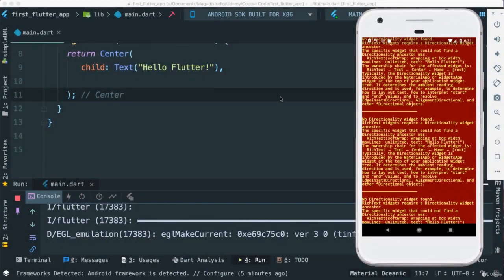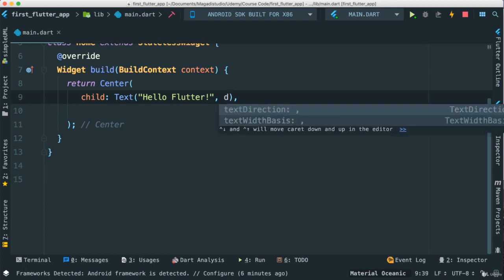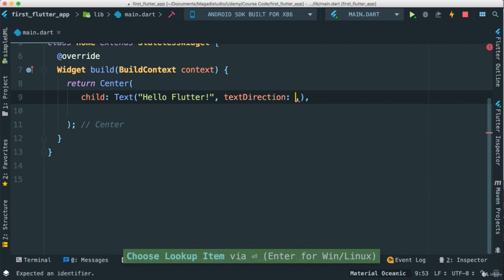We have a little problem here because it says for our text widget we have to pass something else. If you can see, it's quite small. It says rich text widgets require a directionality widget ancestor. All of that means is that at this point, we added this text instead of a center. This text, in order to be drawn on the screen, needs one thing to be passed in order for this to be valid. What we need to pass here is directionality. So if we put a comma here to pass another property in our text, just say D, notice there is this text direction. And you can see to the right here, it says that it accepts a text direction type or class. So I'm going to say text direction